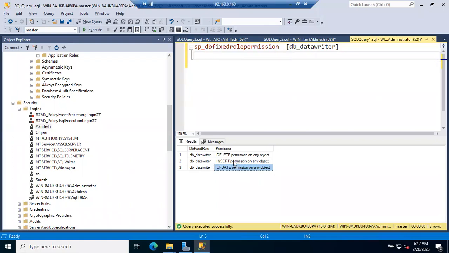Okay, so data writer will have 3 permissions. If you are a member of... no, alter is different. Alter is going to change it. It is not going to insert, update, and no, that's not here. That's not come under here. Okay, so data writer, if you are a member of this role,